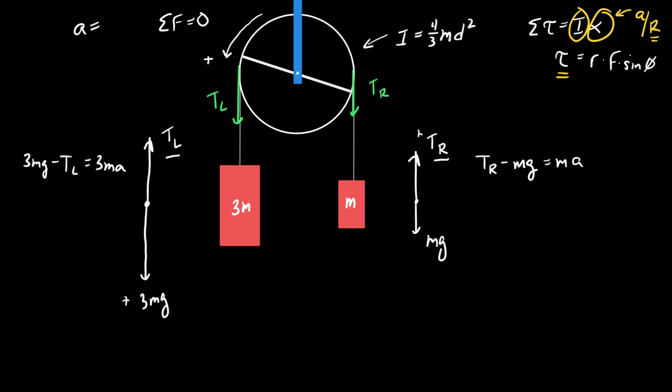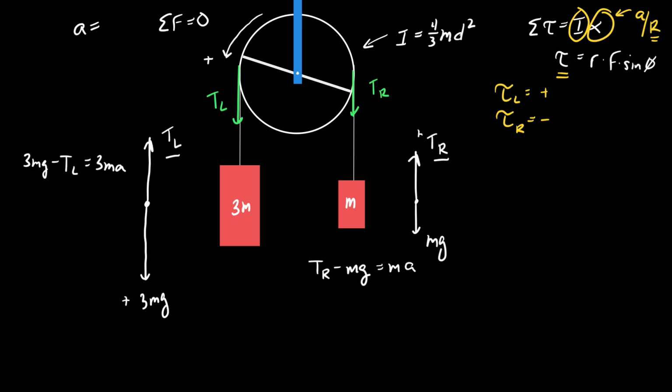How many torques are acting on the pulley? Two. There's a torque on the left and a torque on the right. I'm going to make the one on the right the negative torque and the one on the left the positive torque, because that's the direction that I've indicated as positive and negative already. So as I look at these,